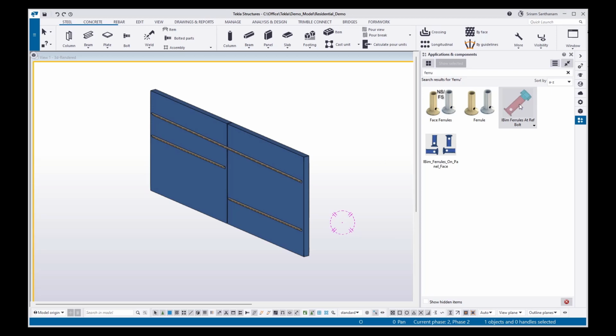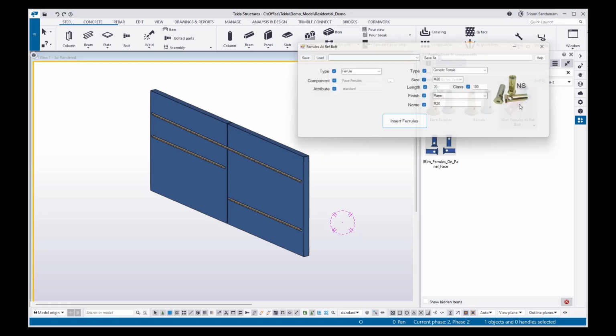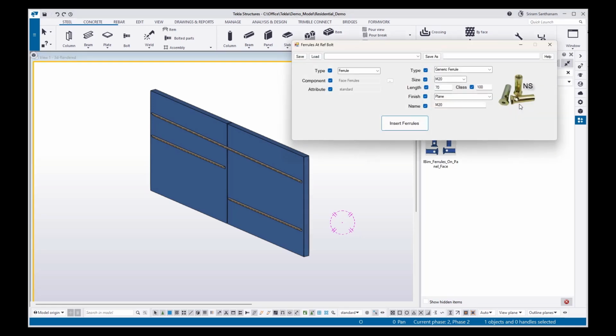In this session, I'm going to give you the demo of this application, Ferrules at reference object bolt location. When you're working in coordination with the steel detailer, you will be given an IFC model. Once you insert the IFC model into the Precast project, now you have to insert ferrules exactly at the reference object